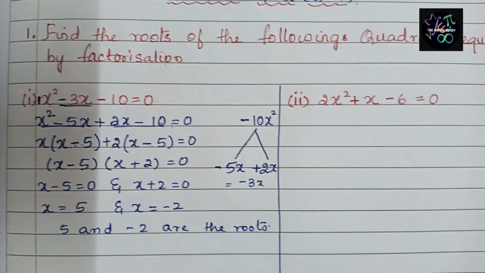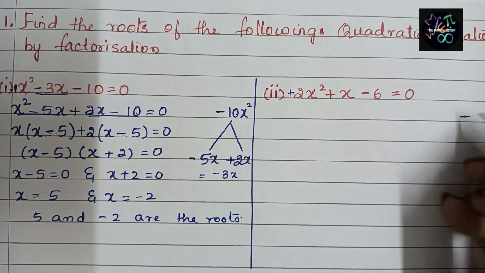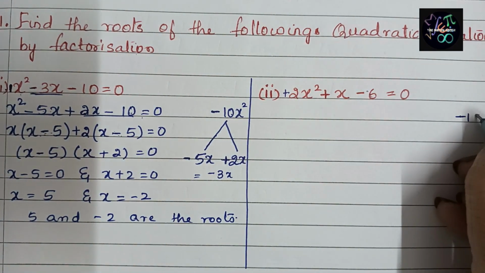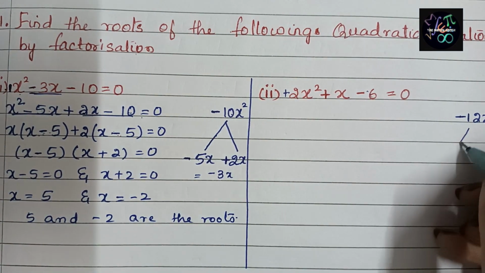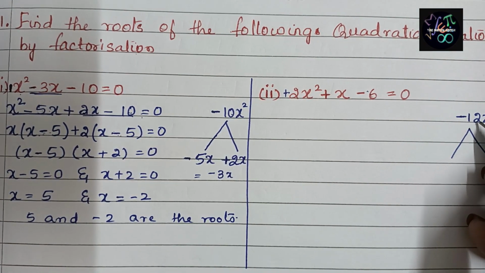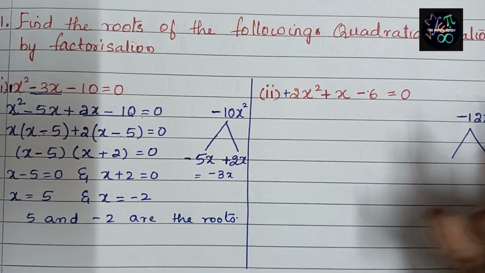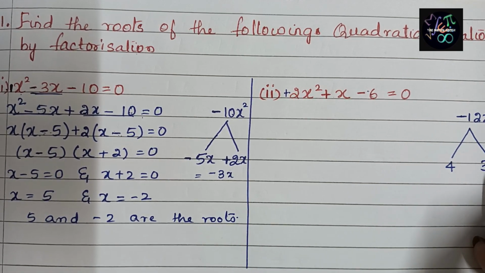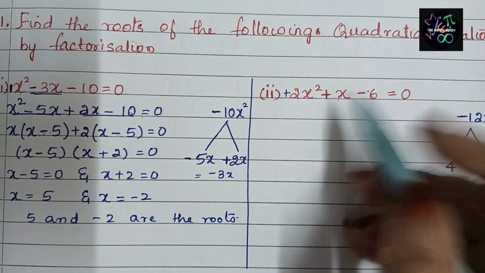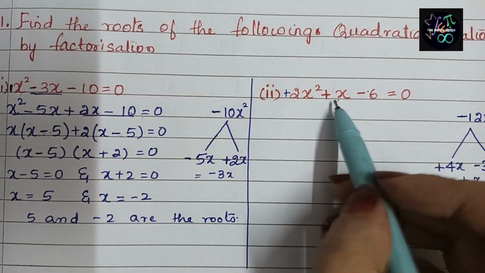Let us see this one now. Same steps we have to do. First and last number multiply. Plus, minus, minus. 2 6s are 12x square. Now the middle term we want is plus x. So two numbers we should find in such a way that when we multiply we should get 12, and when we add or subtract we should get plus 1x. So which? 4 3s are 12, and 4 minus 3 if we do we get 1. But plus 1 we want. So here the bigger number plus, the smaller number minus. Why? If we solve this we are going to get plus x, and we got the middle plus x.